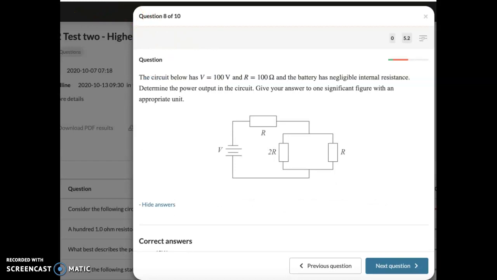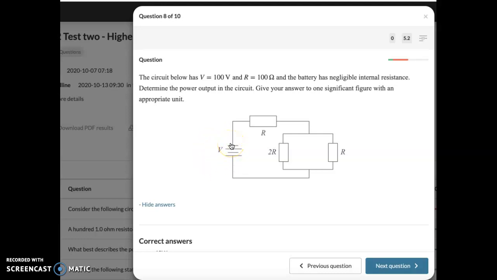The circuit below has a voltage of 100 volts and 100 ohms. The battery has negligible internal resistance. Determine the power output of the circuit. The power output would be the voltage,